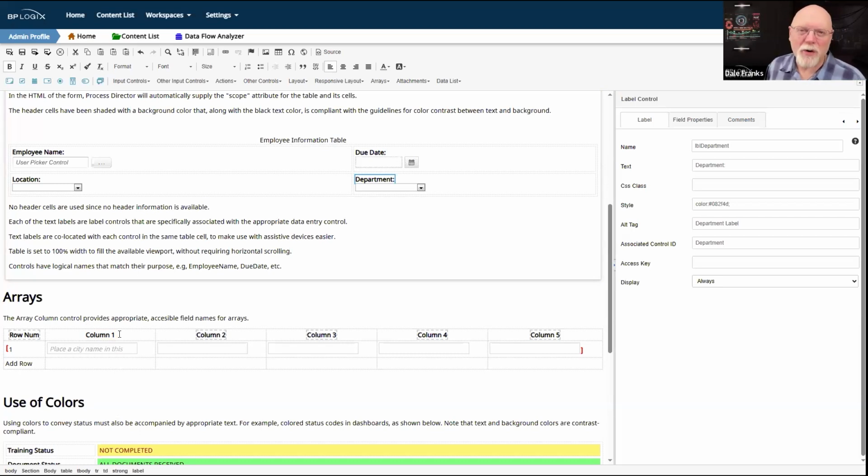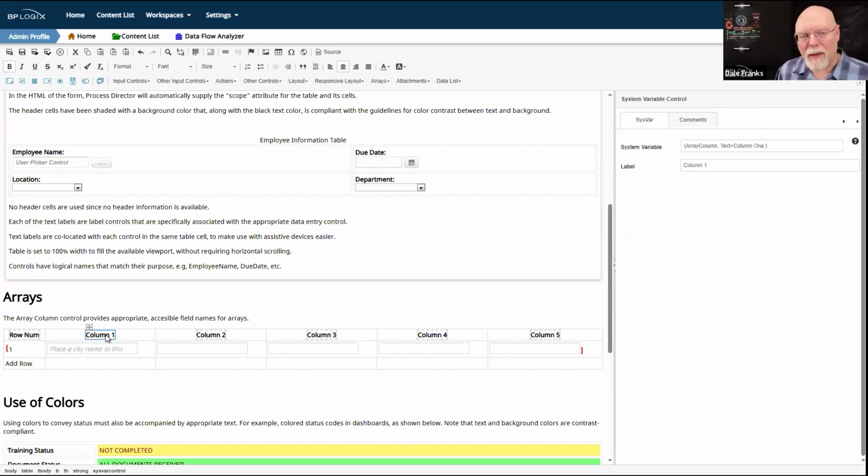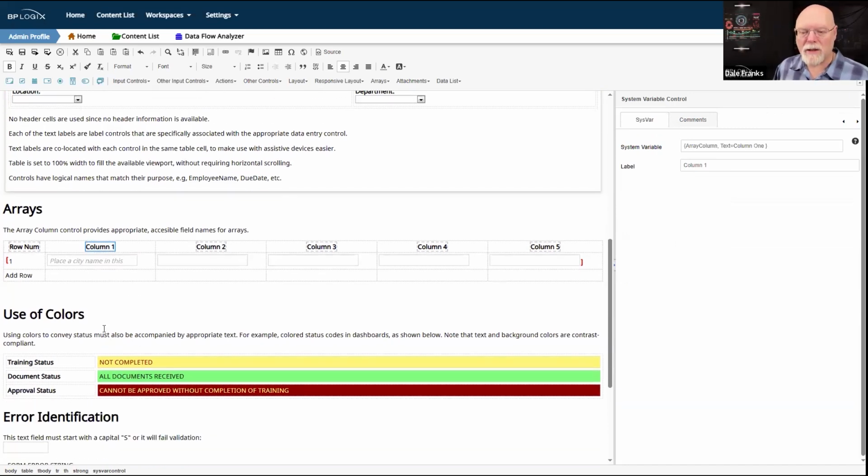So it's all tricky. So therefore, what we have done is we have built a special label control that can be used as the label for arrays. All you have to do is toss it in the very first row of a table. And then assuming that the second row is where your array starts, this becomes the label control for the array.